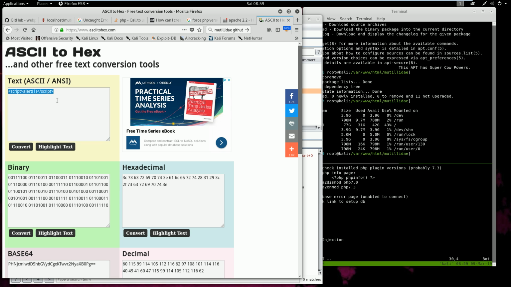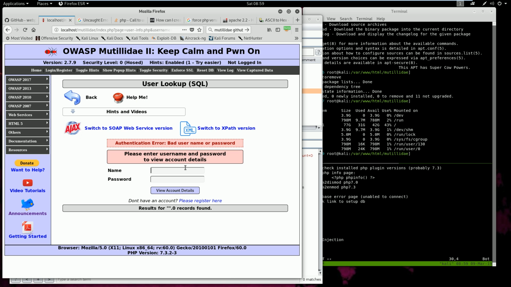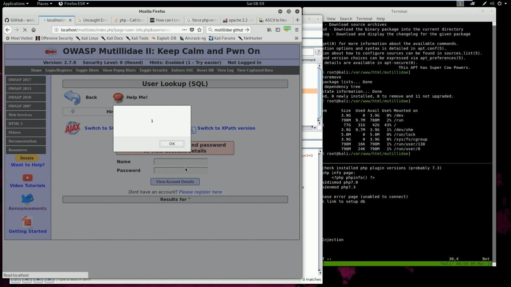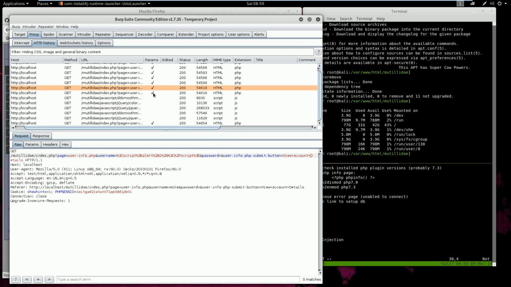And that's just a really brief JavaScript that pops up an alert box, sort of like what we saw here, right? So if we do this again, just for fun, we see that an alert box pops up, and that's just JavaScript doing that. Now, why does that work? So if we look at the response,